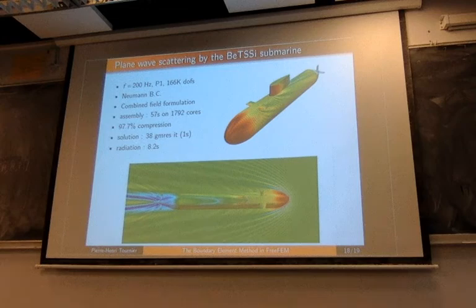And now, for solving the linear system, 1 second with 38 GMRES iterations. And this is actually with a simple Jacobi preconditioner. So basically no preconditioner at all. And this is very robust, as you can see. If you use the first kind formulation, you basically don't converge in 2000 iterations. So there are a lot of differences between the formulations. Okay, the rendering speed for this visualization is 8 seconds.